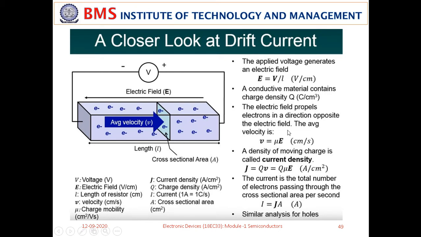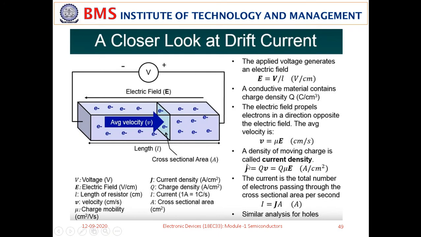Okay, so the average velocity we must consider here, because there are many electrons which are moving in different directions here. Instead of considering a simple velocity term, we need to consider the average velocity. So average velocity is equivalent to the mobility times the electric field. Mobility is again a property of the materials. As you keep increasing the electric field, the velocity also keeps increasing, whereas the mobility is kept constant here.